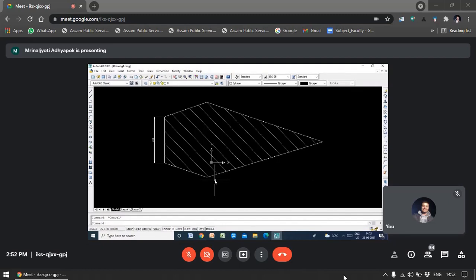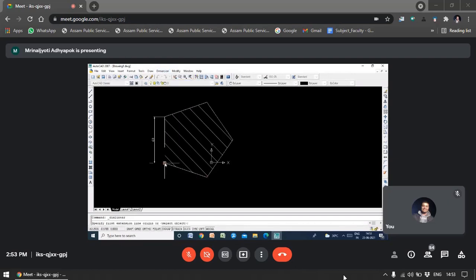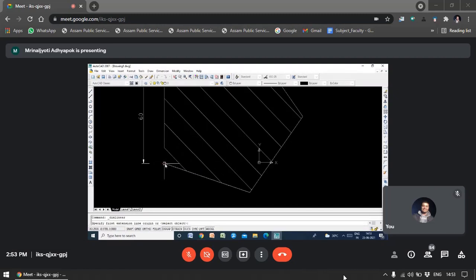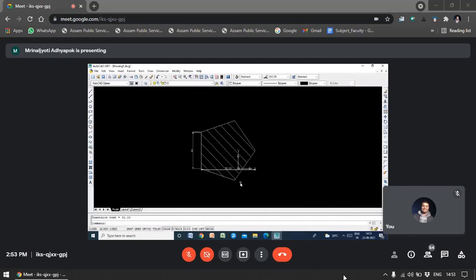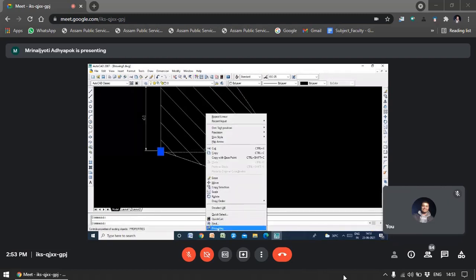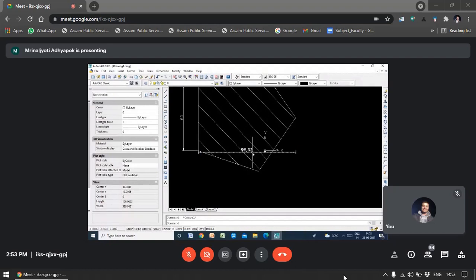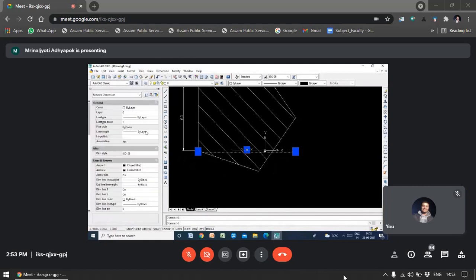And suppose first find out the distance between these 2 points, okay. So dimensions, okay, the distance is suppose 92.33, okay. So here you can see your dimension is coming as 92.33, okay. You can make it 92.33 also. So how to make it? So I think all of you already know this, how to make it.